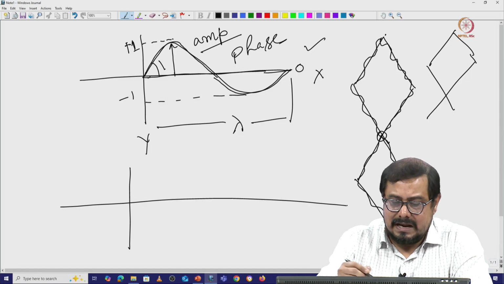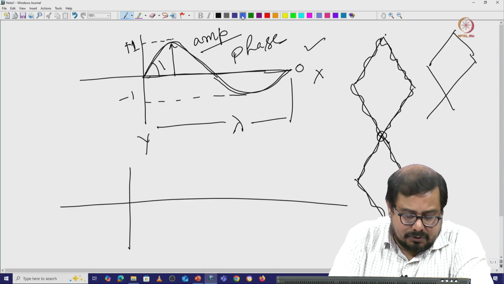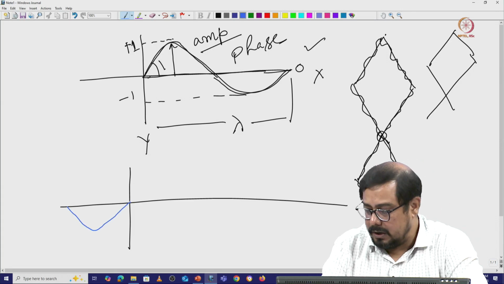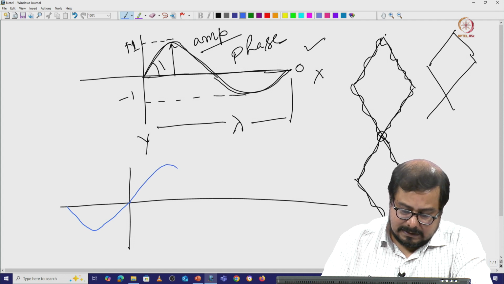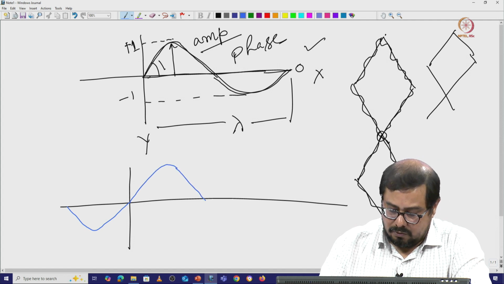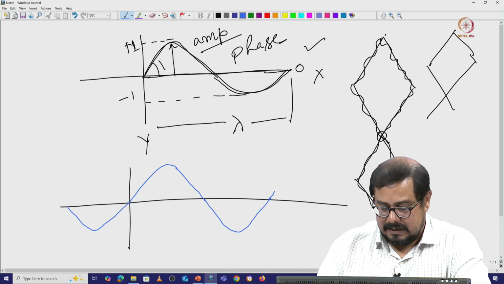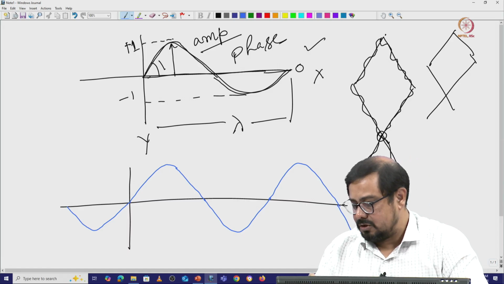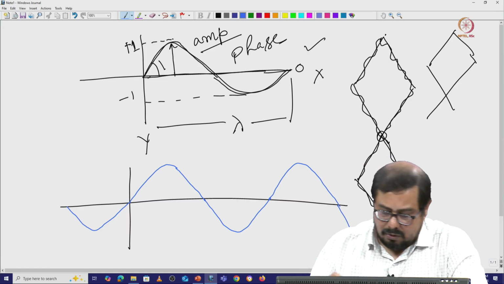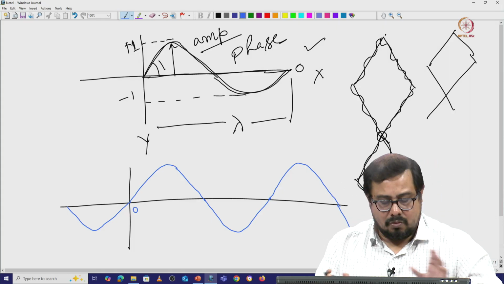So, I have a straight line, and I am using a different color for the wave pattern. I am starting from here, it is going all the way to 0, then it is going again all the way to 0 and then negative, and then again all the way to 0 and so on, and it will keep going on. Now, what I was talking about, this is the 0. So, it has no wavelength change.